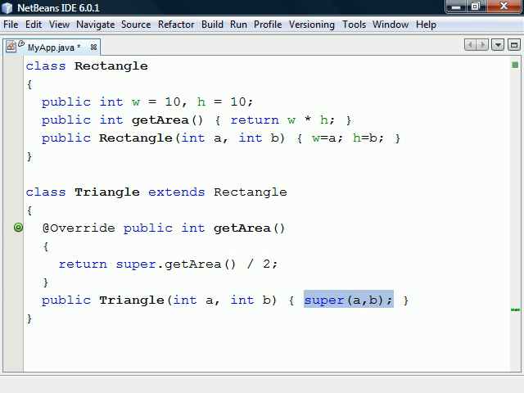Another place where the super keyword can be used is on the first line of a constructor. The super keyword is then used as a function call that invokes the superclass's constructor. If the first line of a constructor is not a call to another constructor, the Java compiler will automatically add a call to the superclass's no-parameter constructor in order to make sure that all ancestor classes of this class are